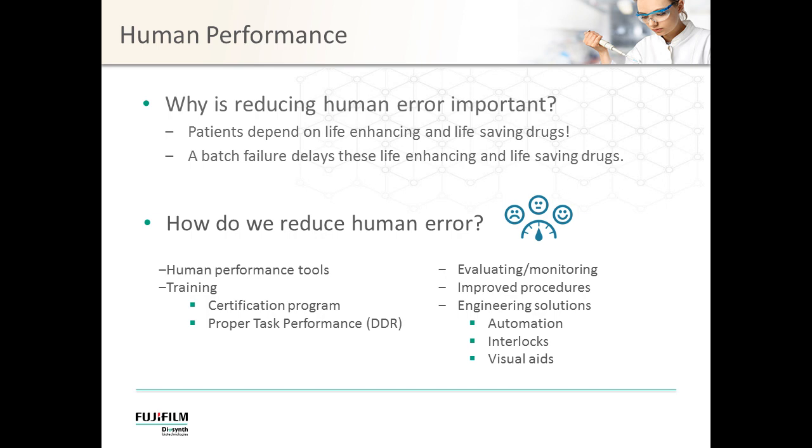This video training was delivered to all of manufacturing, part of our quality group, and to our manufacturing technology and support group. While manufacturing evaluates and monitors our human performance program, we extended that to other parts of the organization that are on the manufacturing floor. Quality and manufacturing technology and support were included in this training so that they are aware of the expectations during execution. We also know that improved procedures and engineering solutions will help to reduce human error. It is our job to provide these necessary tools to our technicians to ensure that they are successful.